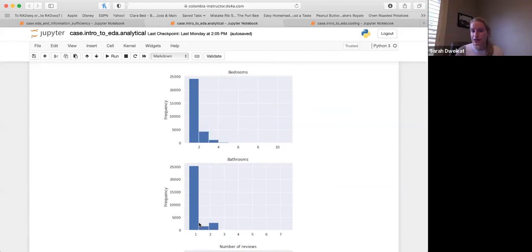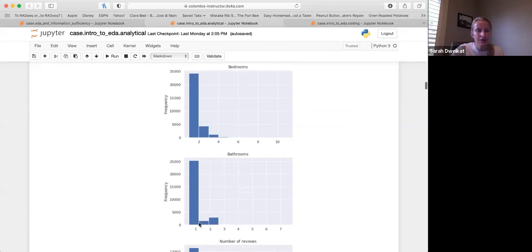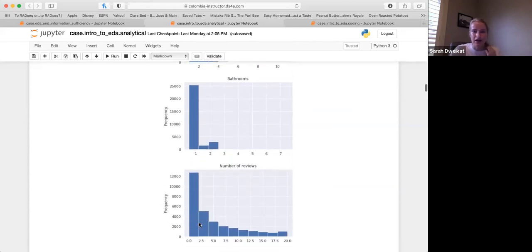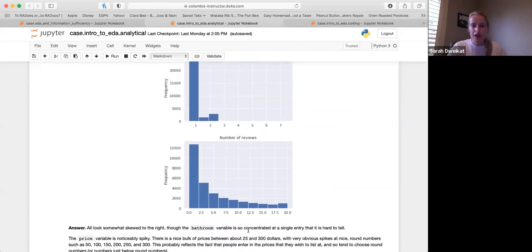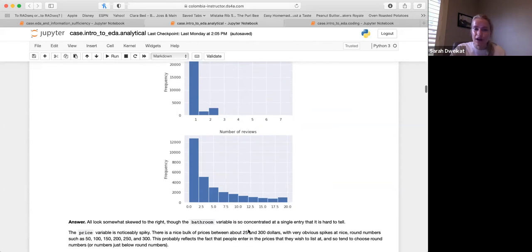You could say that they're a little bit right skewed, but since most of our data is really clustered around particular values, it's a little bit hard to say that they are skewed. So you can also see here the same thing. So yeah, it looks like everyone had a pretty good understanding of what this is.